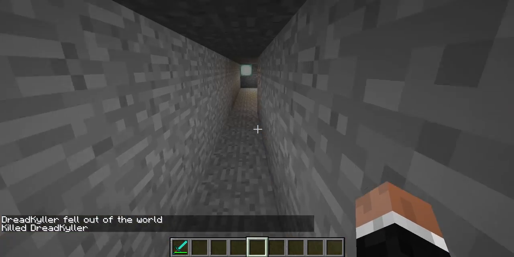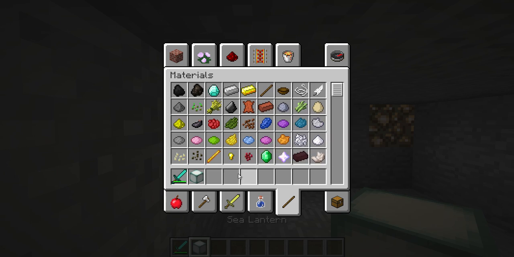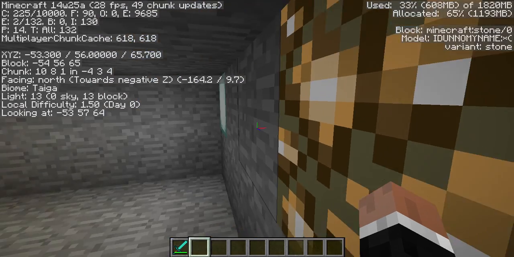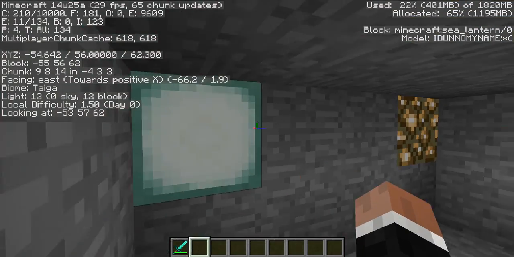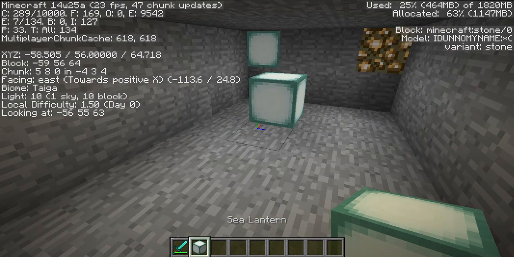And down here, I have a comparison between the sea lantern, which also I have no idea how to craft, and the glowstone. If you look at the light level right in front of the glowstone, it says 13, and right in front of the lantern it also says 13. So the lanterns and glowstone give off the same amount of light. However,